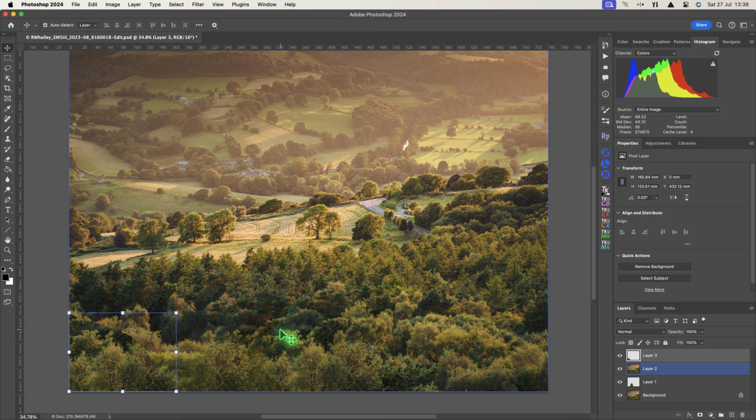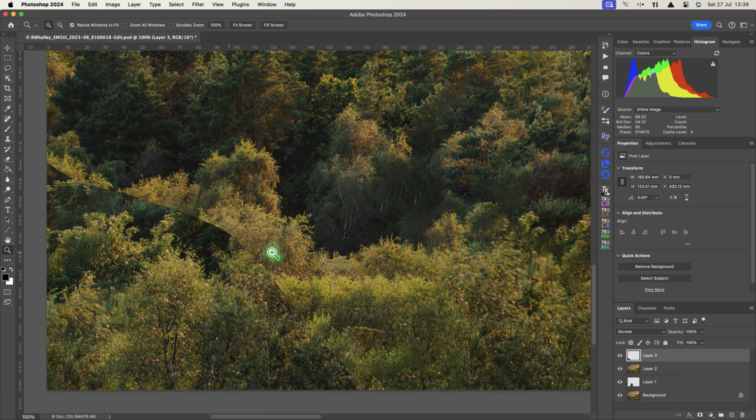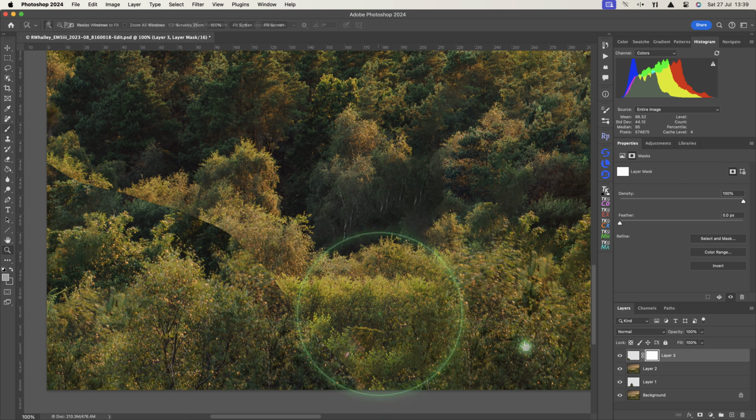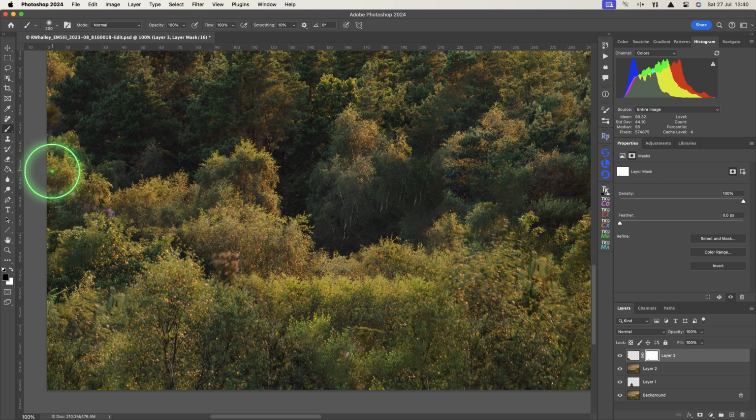This looks good now, but we can see the edge of the layer in parts, so let's zoom in to fix this. To fix the problem, I'll first add a layer mask to the new copy layer. I can then paint onto the layer mask using black to blend the two layers together. If I reveal part of the unwanted object by accident, I'll switch to painting with white to hide it again. But let's backtrack a little, because there's an even easier technique for removing unwanted areas of an image, which is